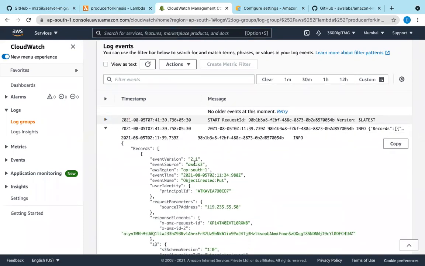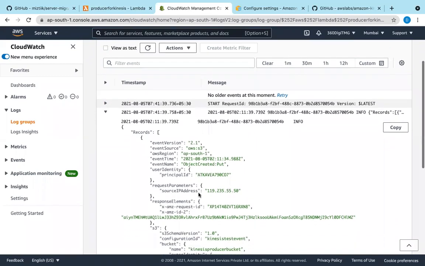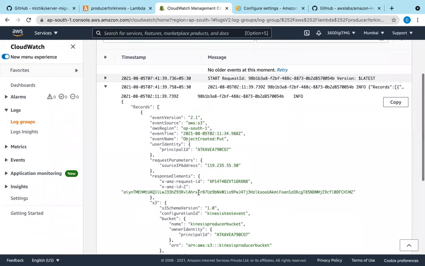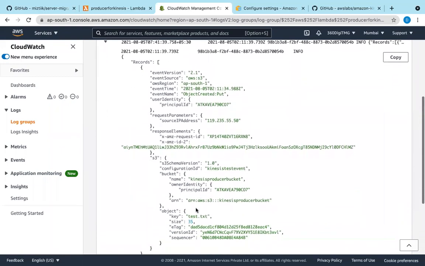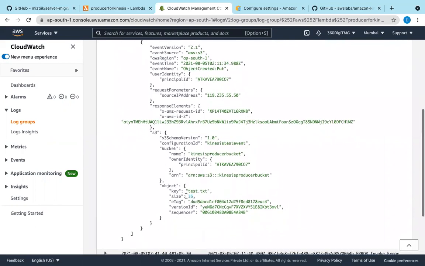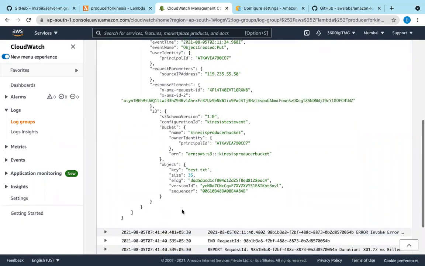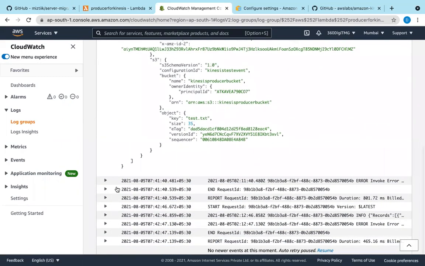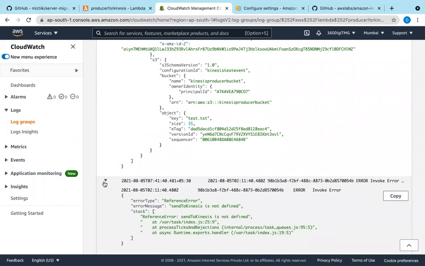See, these are the event version, source, region, object created, put, principal ID, what is the object key, test.txt, and size is some 35 KB, key tag, version ID, sequencer, and other things. And then what happened?